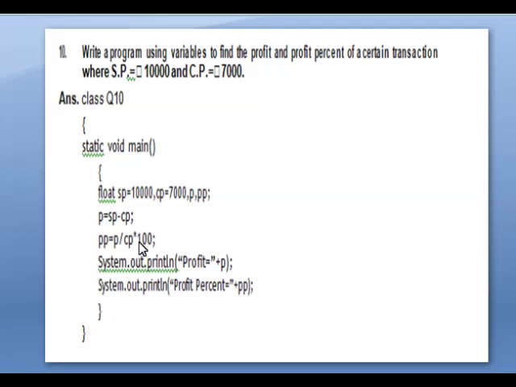So here the upon is coming, so anyway it is a float value, so we have taken all the variables as float. If you want, you can take this SP and CP as integer and these two as float. No problem, we are taking all the variables as float. So SP equal to 10,000, CP equal to 7000, then another variable PP.